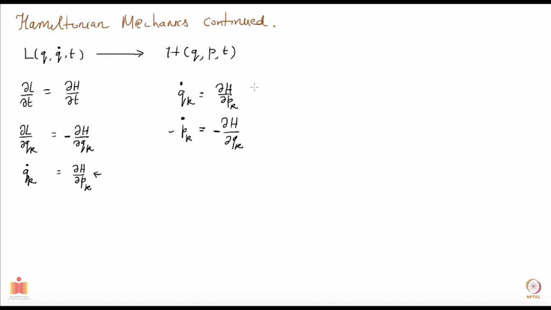Okay, that's fine. Now let's ask, what is the total derivative of the Hamiltonian with respect to time? So I am asking, what is dH/dt? And it's easy to evaluate. dH/dt is ∂H/∂Qk times dQk/dt, which is Q dot, and Q dot is ∂H/∂Pk. Let me put a k, and there's a summation over k implied here.